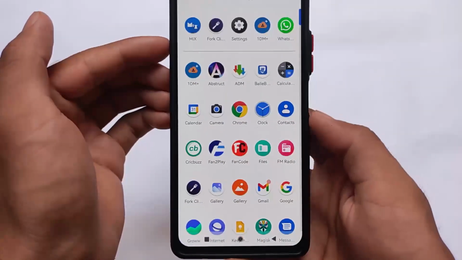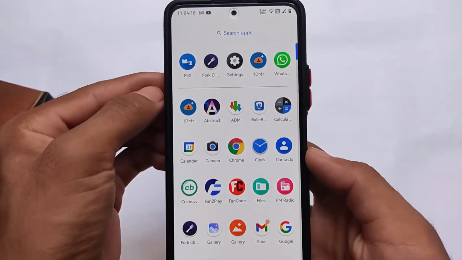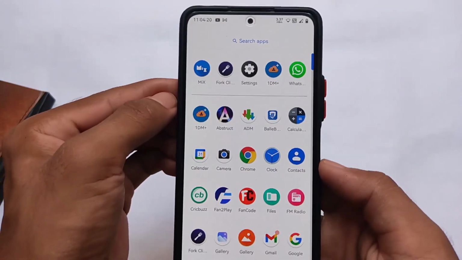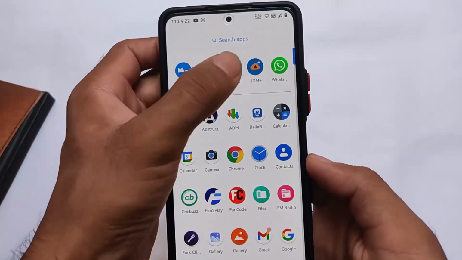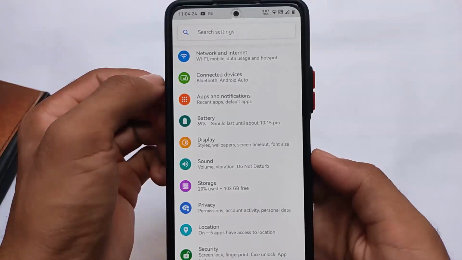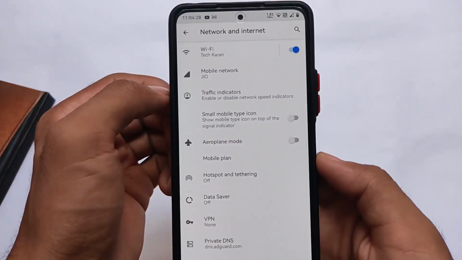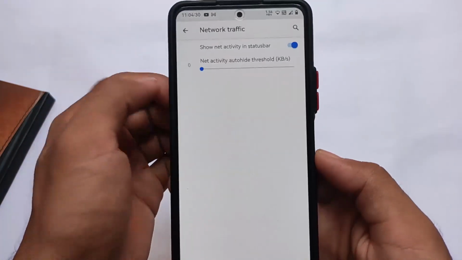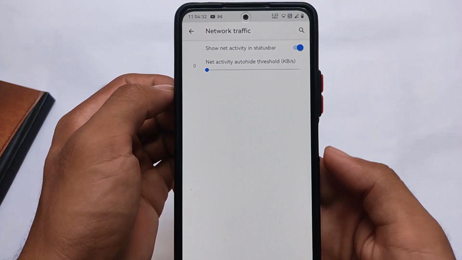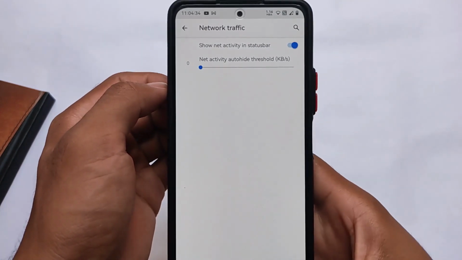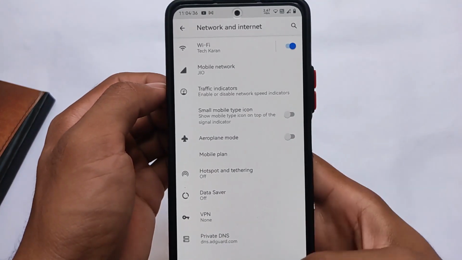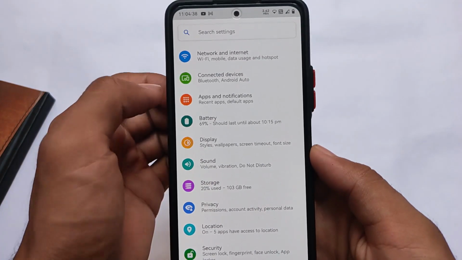Now moving on to some bit of things in terms of performance, smoothness, this ROM is good. Icon pack is the default one. This might be the POSP icon pack. If you don't know, Potato Open Sauce Project is a custom ROM which comes with this kind of icon pack, but you can also apply third-party icon packs. It's up to you. And as I previously mentioned, it comes with some useful features like network traffic indicator which you want in a custom ROM.